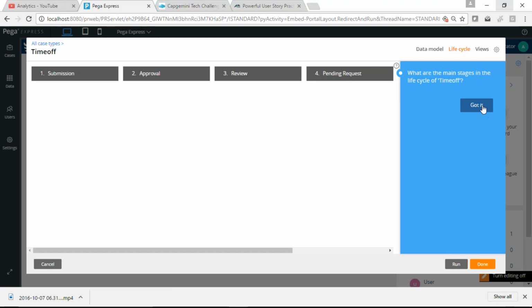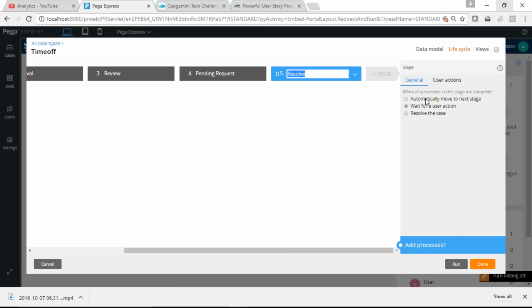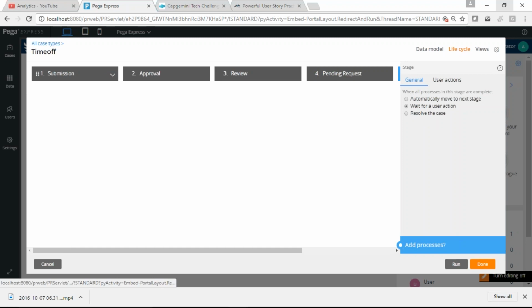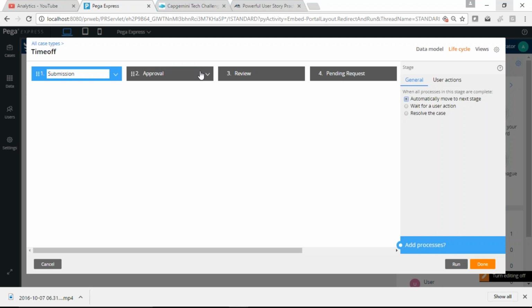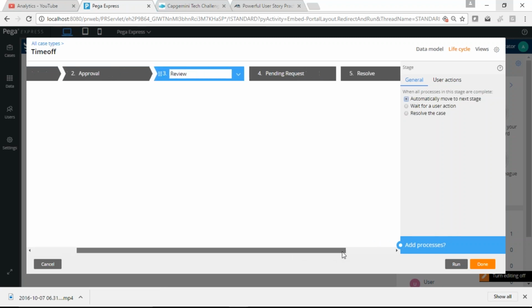The same way, you can see the same options to change the transition. Every stage depends, and we can make it automatic. But the pending request depends on the user, so we want to make it wait for a user action only. The user needs to come back and do that, so in that scenario we are not changing that.